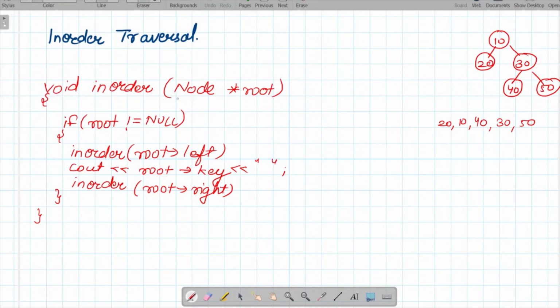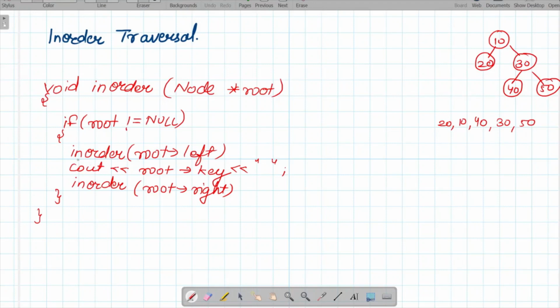It takes a parameter root, which is the root of the given tree, and we are using this condition, which is if root is not equal to null, because at any given point of time we have to check that root should not be null. If root is null, then we do not have to do the traversal. For example, if we are at the node 20, then the left child is null, that means the root is null in that case, so we don't have to perform any traversals. That is why it is very important to check this condition in all the cases.